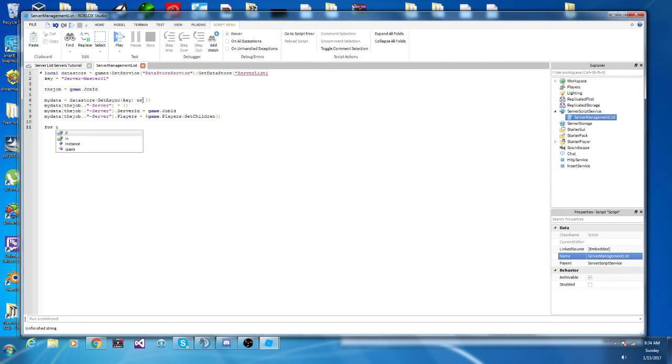Alright, so for i comma v in pairs my data do data store set async key my data. And this happens the moment the server initializes. We go out of that,